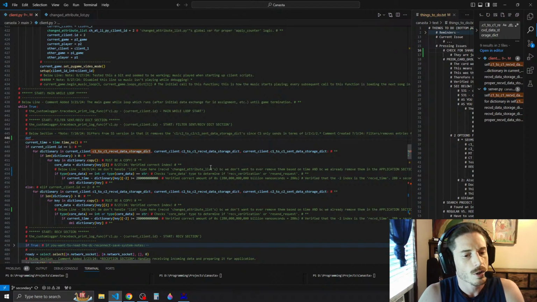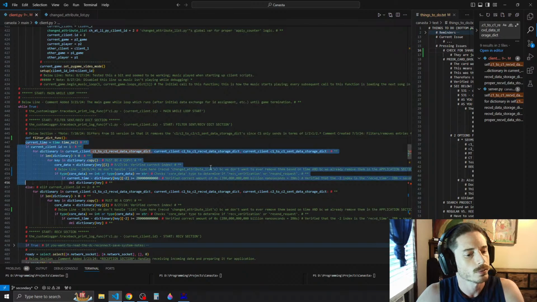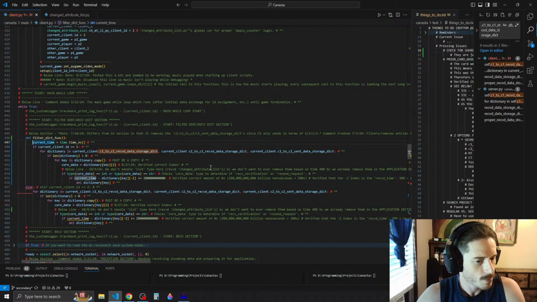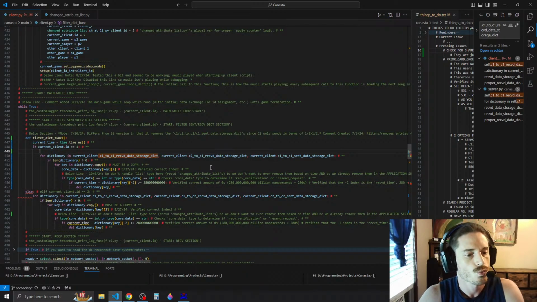And what are we going to call this function? We'll call it def filter dict func. I don't know. And then we would indent this to the inside of the function. We would then add in a line right here which says